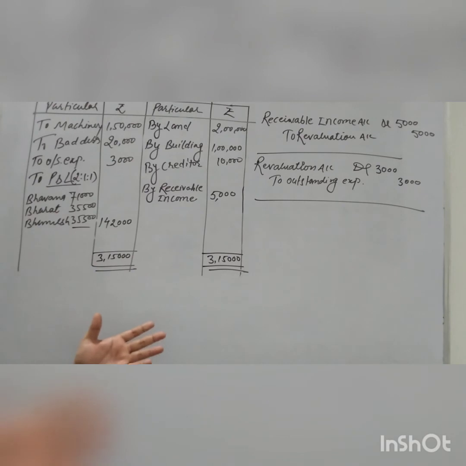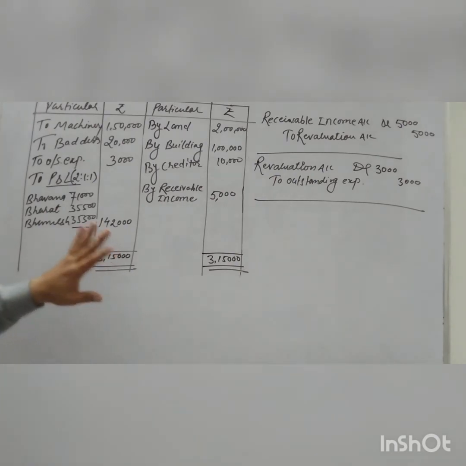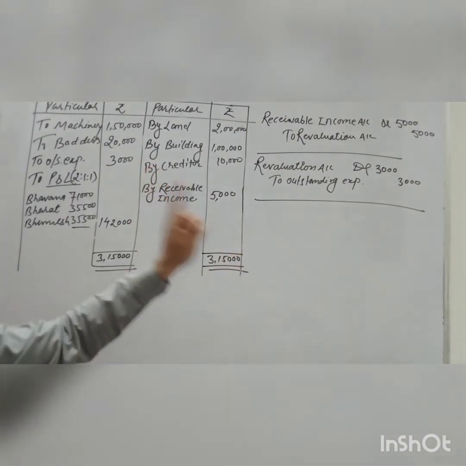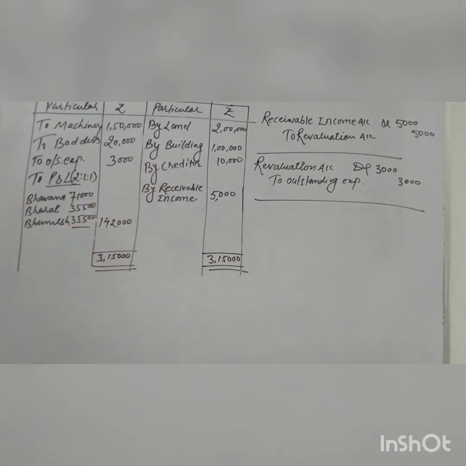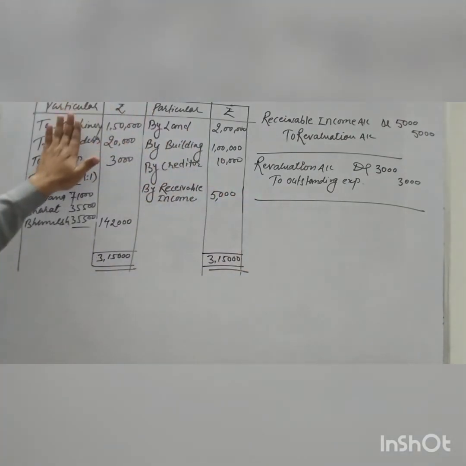So we'll discuss that particular account in the next video. Basically, what we have studied in this video is the revaluation account with the help of journal entries. If the question asks to prepare the journal entry as well as the revaluation account, firstly we'll prepare the journal entry, then we'll post into the ledger of the revaluation account. So this is the revaluation account. I hope, children, you got it.